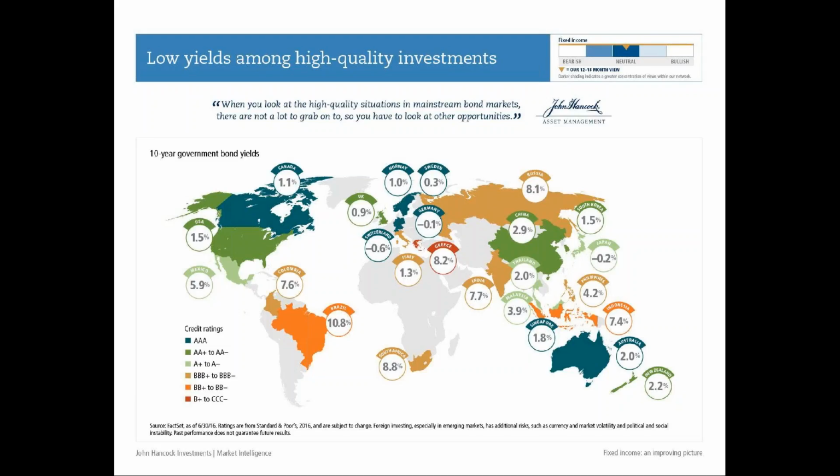The problem is that you have to take a lot of risk to get those yields. So with this backdrop, we believe that there are opportunities globally for fixed income strategies that have flexible mandates. You can think about it as strategic income. There's a lot of bond strategy, the title of the strategy will just be bond. And it gives a manager a little latitude to go out globally and find opportunities.